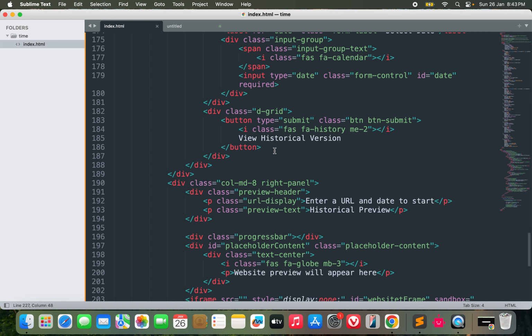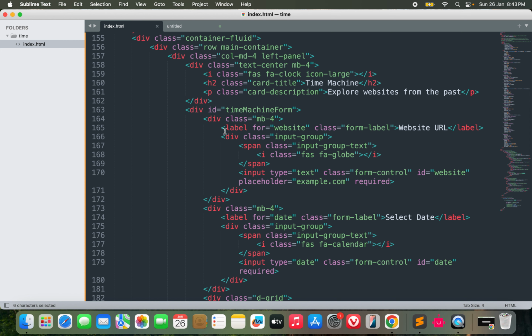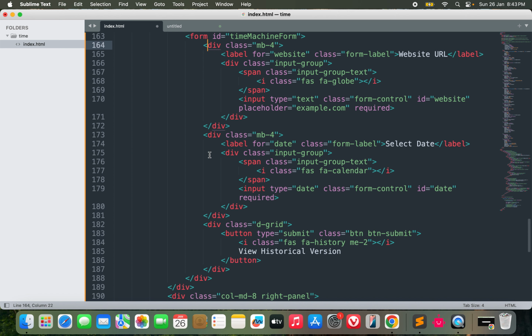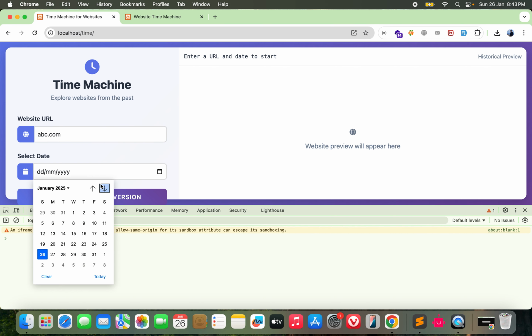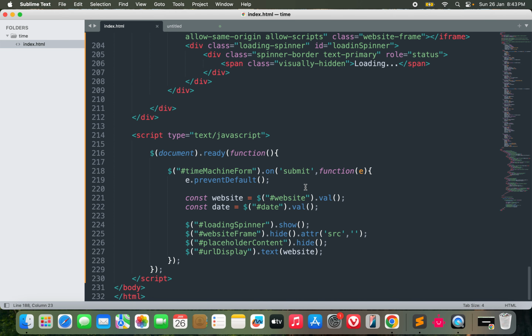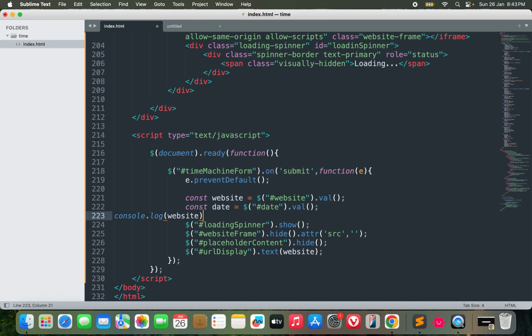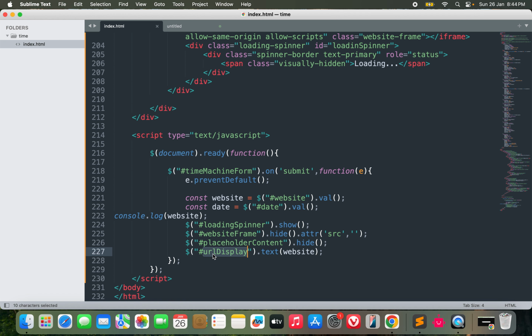Is there some submit button? Yes. Oh, this is not a div. This should be form, right? Now let's see abc.com with some date. And now, is it working? Let's see here. Console.log website. Do I have some website here? So I can type anything I want. Yeah, we are there. But the URL display, I have not